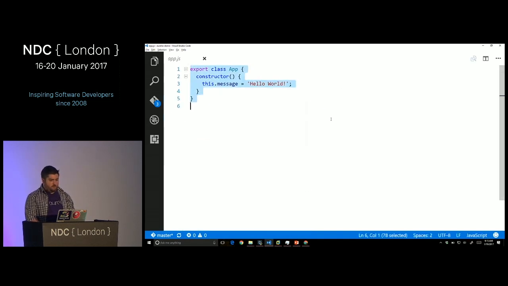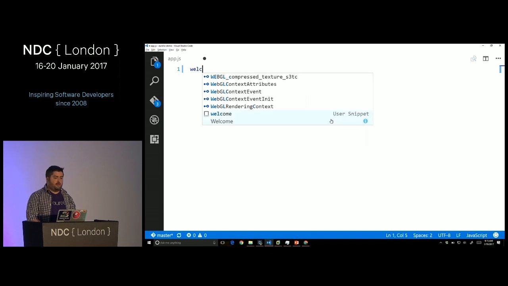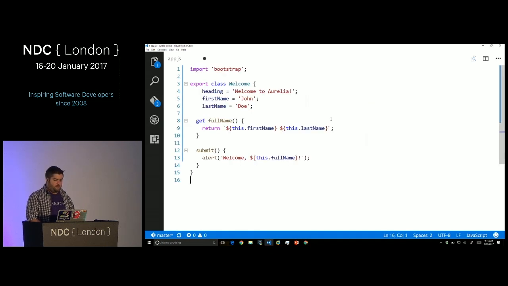So I'm going to replace the JavaScript in app.js with a new class called welcome, okay? In here, I've got a couple of class properties. I'm utilizing an upcoming part of the JavaScript standard called class properties to set up 3 strings. I have a getter that will take the first name and last name property and concatenate them. I know, it's crazy what I'm doing here. This is high-level JavaScript. And finally, we have a function that when you call it, it'll pop up an alert